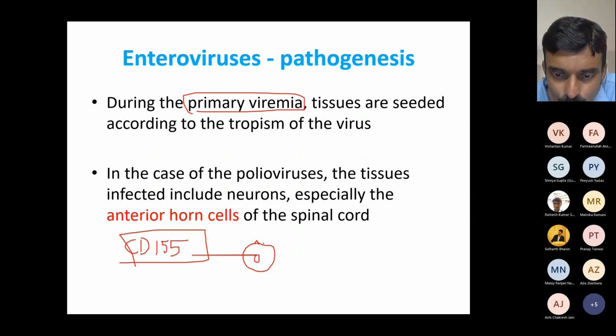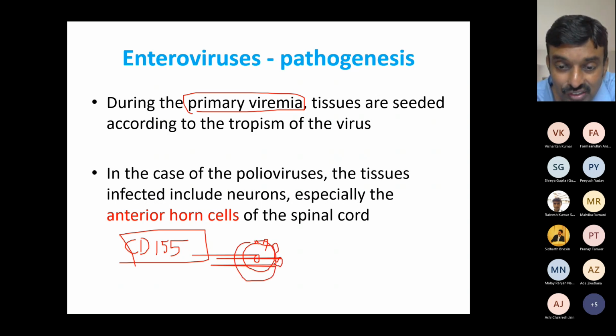There are several small proteins in different shapes and sizes on the cell surface, and these are called surface molecules or surface proteins of the cell. Pretty much all our cells have hundreds of different types of surface proteins. CD55 is a surface protein associated with the immune system. It is there in several of the immune cells. It also happens to be accidentally expressed by this group of cells called the anterior horn cells.